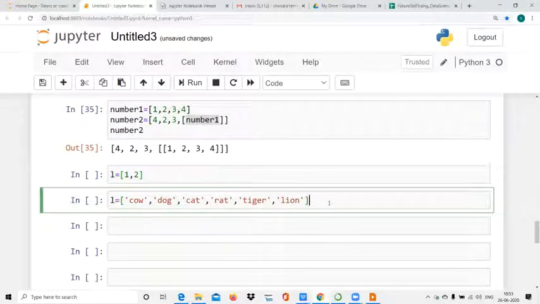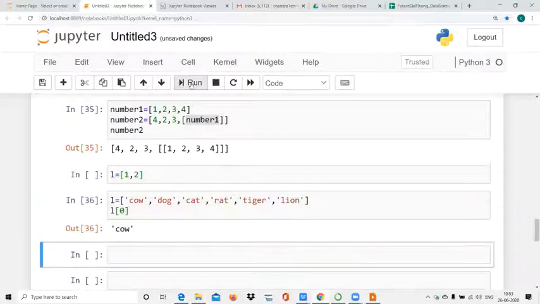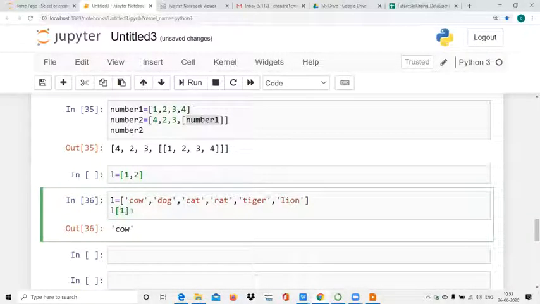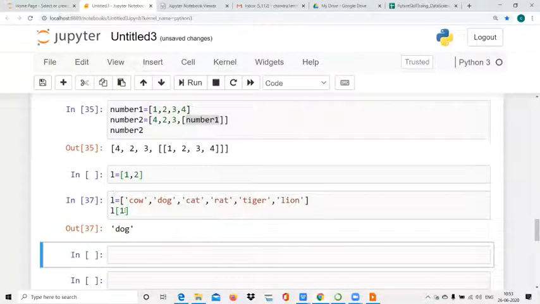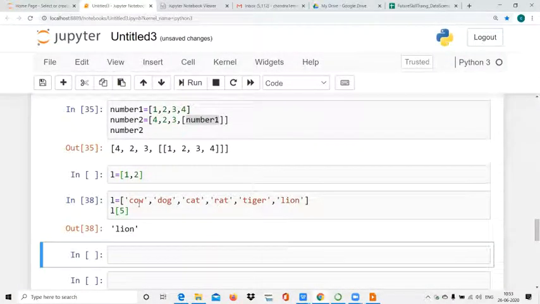So if I want to access the first element, I will do L0. So this will give the first element, cow. If I will put 1, this is dog. If I do 5, this will be the last element. So indexing will start from 0: 0, 1, 2, 3, 4, 5.